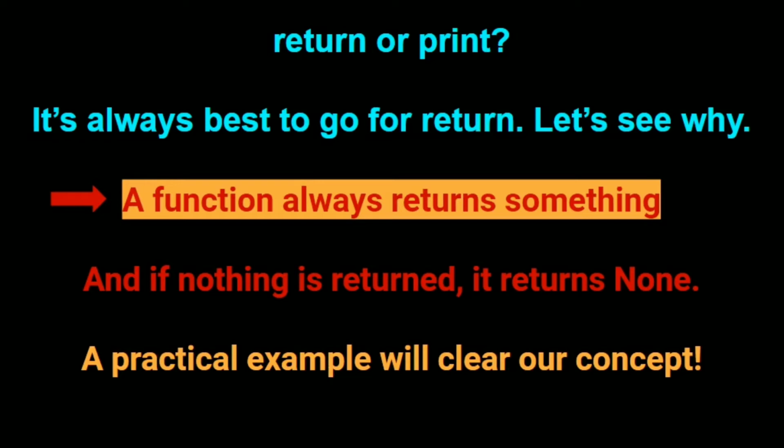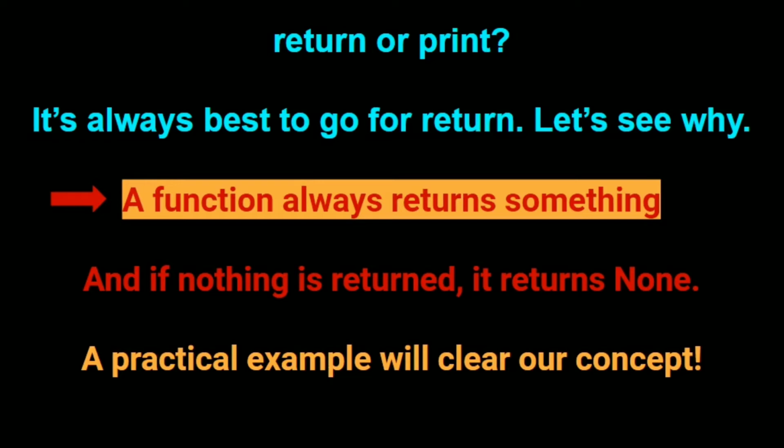Now there's something that you need to know. A function always returns something. It just doesn't perform the function and stay there itself. Whenever you call the function, it will without fail return something. Imagine it as if you are calling someone, they reply back, right? So in short, you are calling a function, so it basically returns something to you. In human conversations, if you call someone, they reply back, that is, they are returning a response. So in the same way, whenever you call a function, it returns something to you.